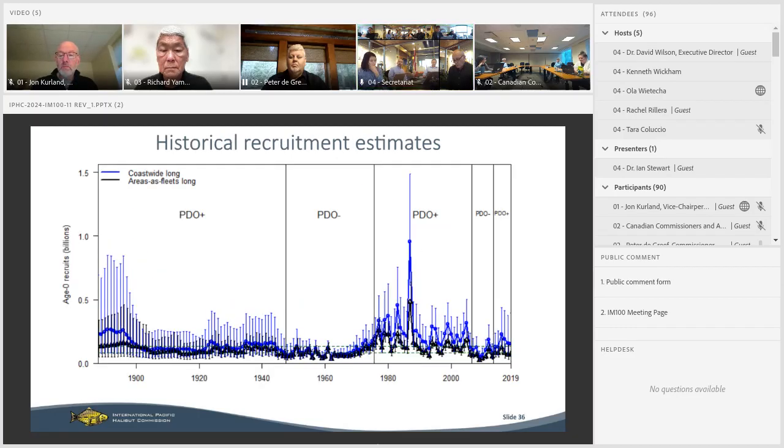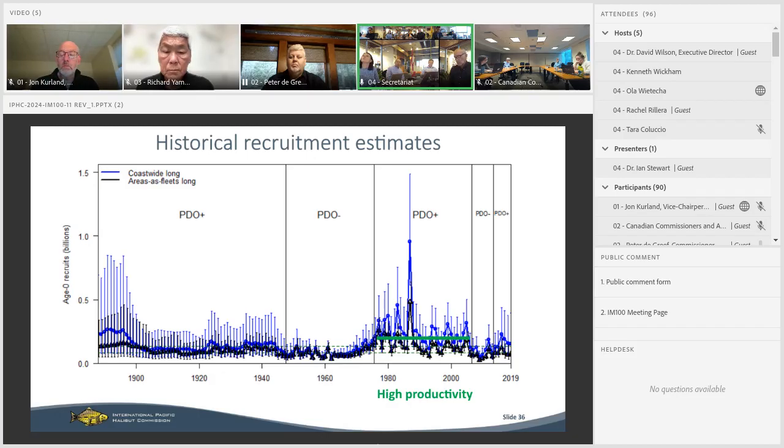If we look a little bit farther back into the historical record now, this is just using the results of 2 of the 4 stock assessment models, and they're not standardized, so the absolute scale of these recruitments varies a little bit. But you can see that after a period in the 1950s and 60s of low productivity, we had a period of high productivity that lasted from the 1970s all the way until the early 2000s. And the average recruitment over that time period was at or even right around the level that we've seen for 2012, maybe even slightly higher than 2016, as that's still quite uncertain.